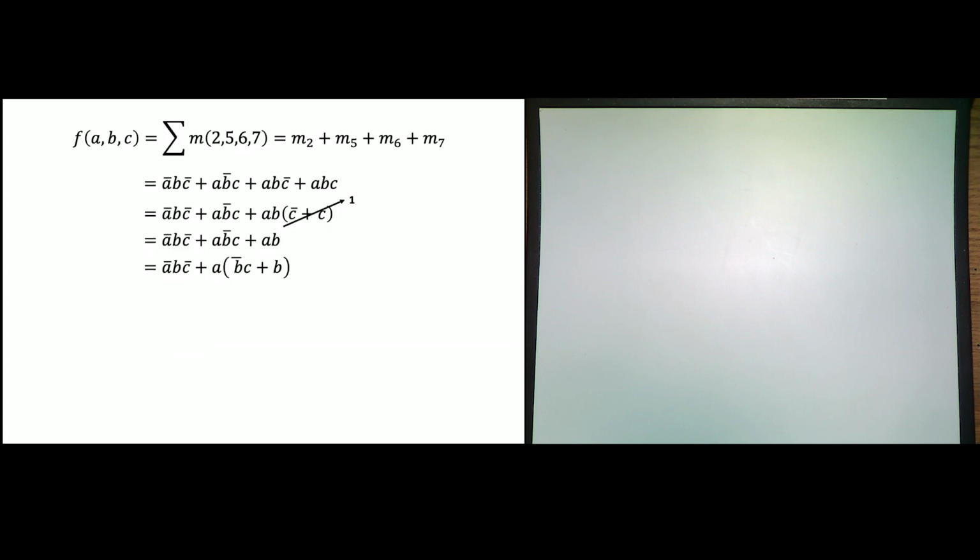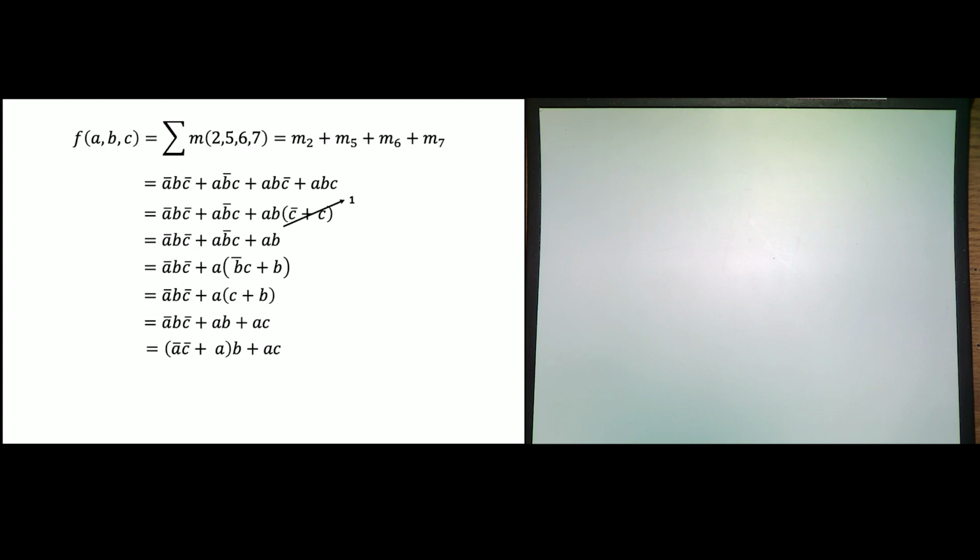Okay, let's factor an A out of the last two. And now I can apply simplification. And, right, this is now B or C. And, okay, but I don't have a sum of products anymore. This is not a sum of products. So I'm going to distribute that A back. And how many do I have now? 7? Okay, I have 7.